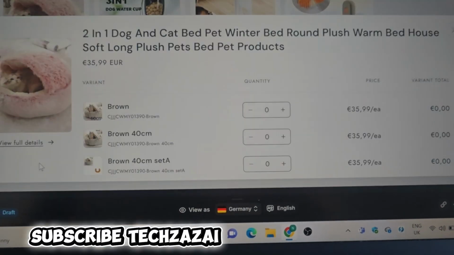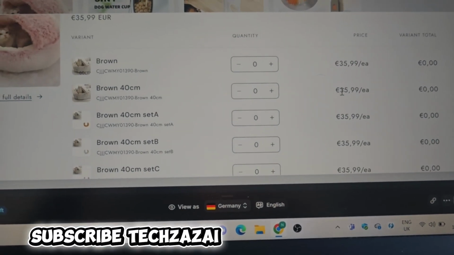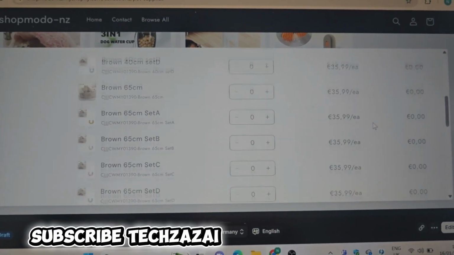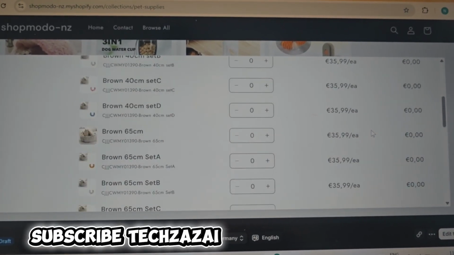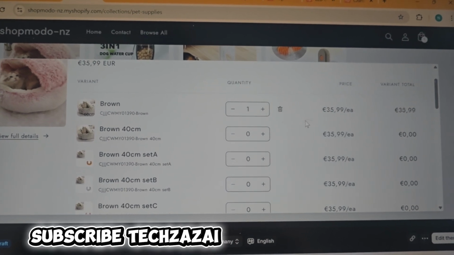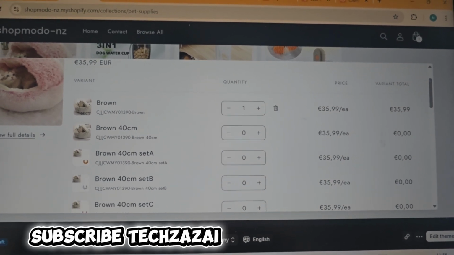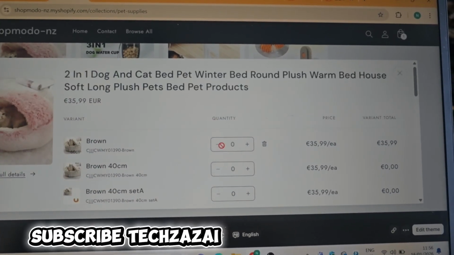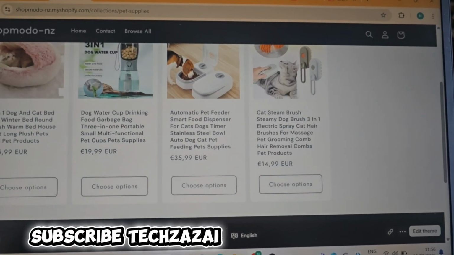Now when you want to order, you have to select the one which you need. Here we have the different colors of these. You can select the different colors, everything. Like, okay, if you want to buy it for your kids. Now variant total 35, there is no difference, everything you can select. Now I'm going to, okay, it was this,